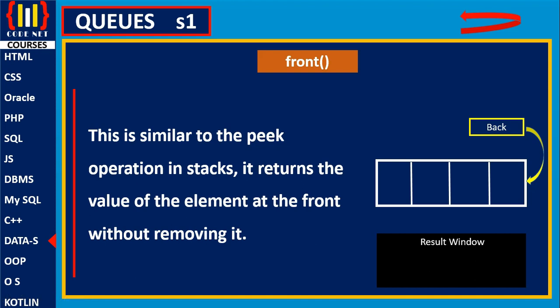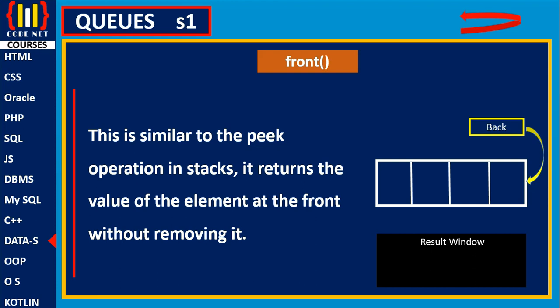If you want to understand what stacks are, please double check the description. There is a link that will take you back to what stacks are as a data structure in C++. So front returns the value of the element at the front without removing it. The element at the front will be returned, it will be printed out, and it will not be removed